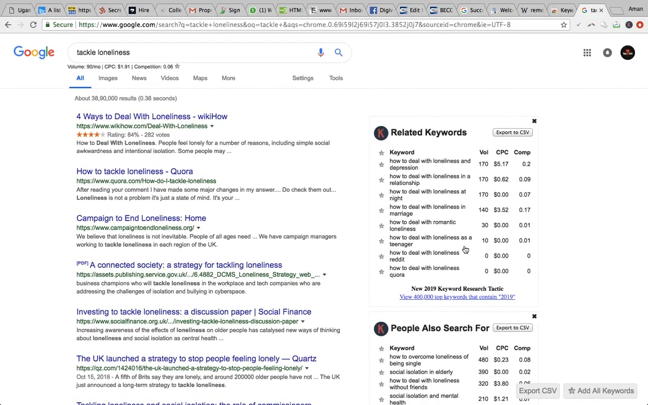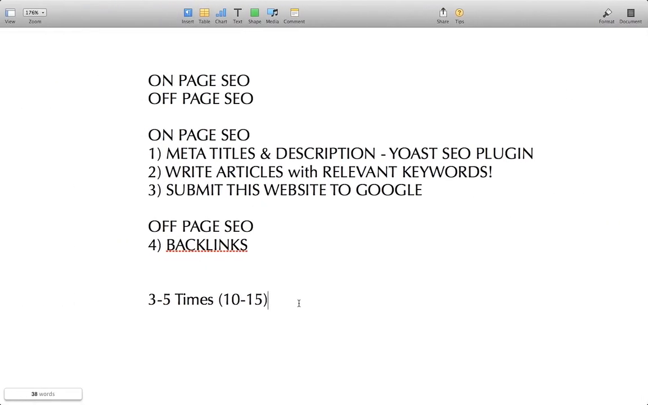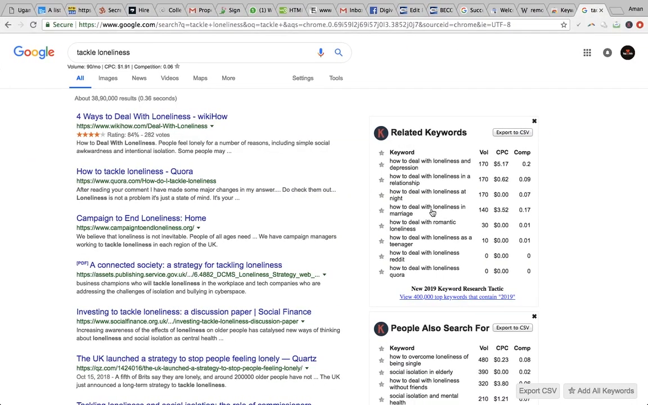Now what you have to do is mix all these and put it all in your article. And for that there is a very powerful tool here, export to CSV. Just export this file, open your Word file, and while you are writing your article, use these keywords at relevant places about 3 to 5 times, so that Google identifies that these keywords and your